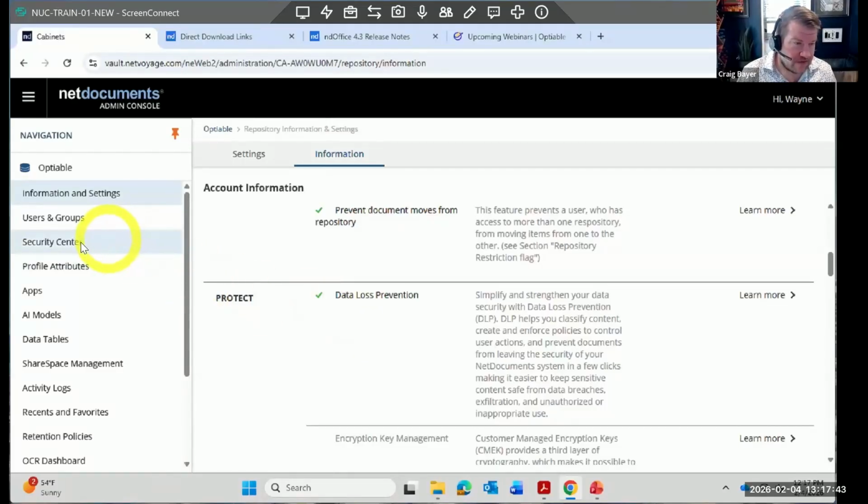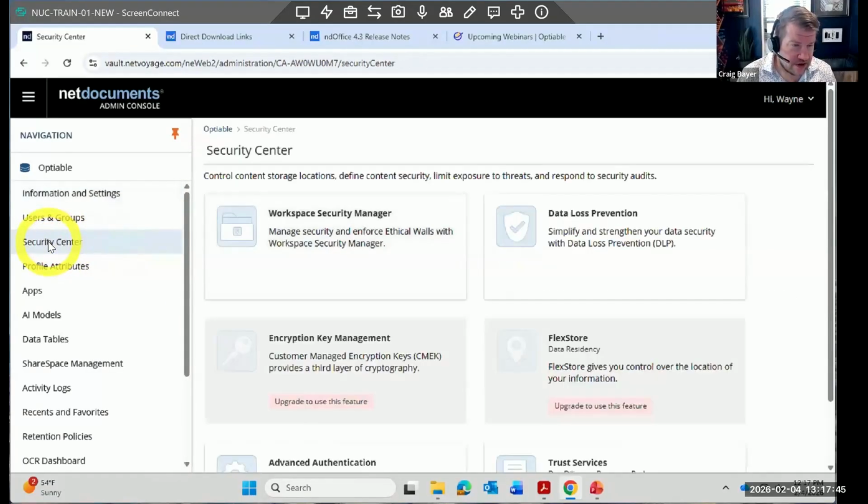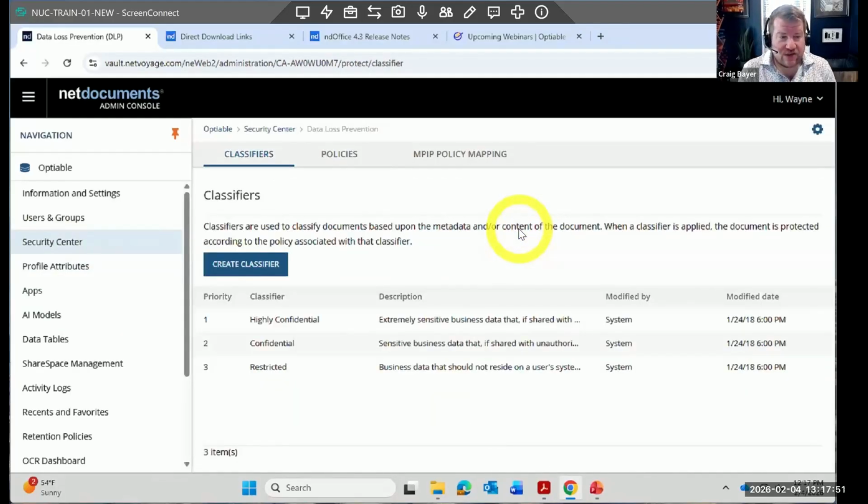If we come over now to the Security Center, we can click on data loss prevention here. This is where you set everything up, okay? Now,